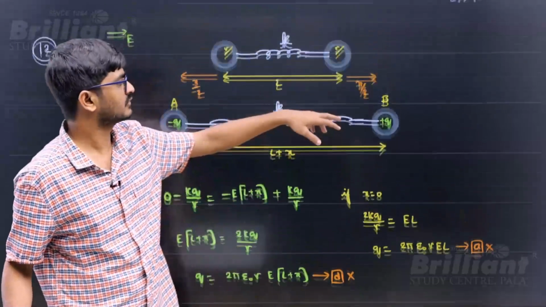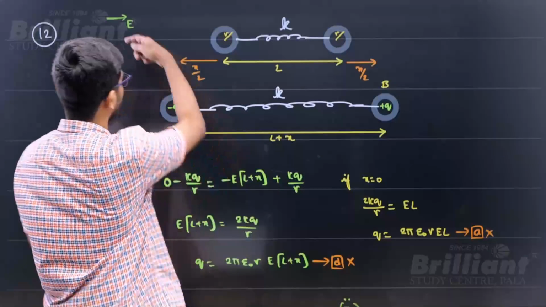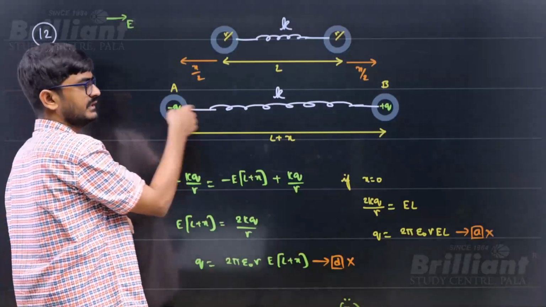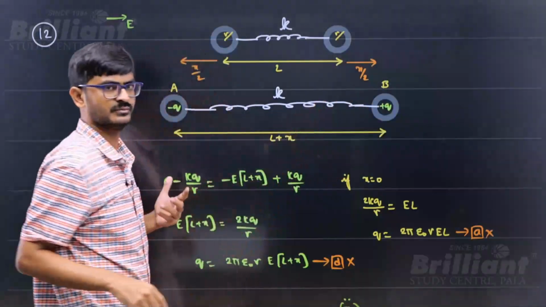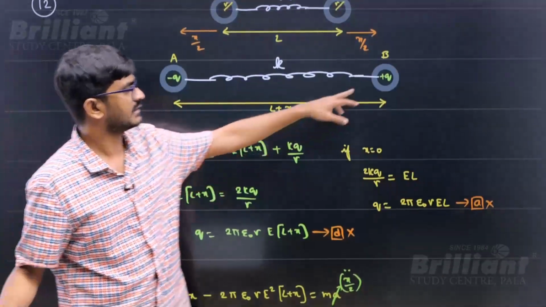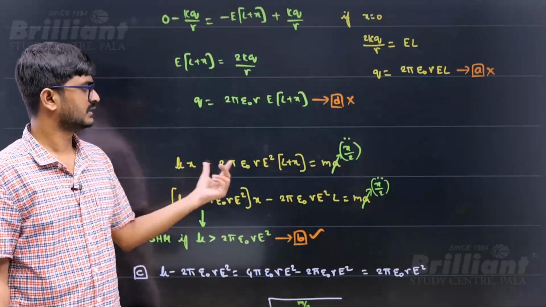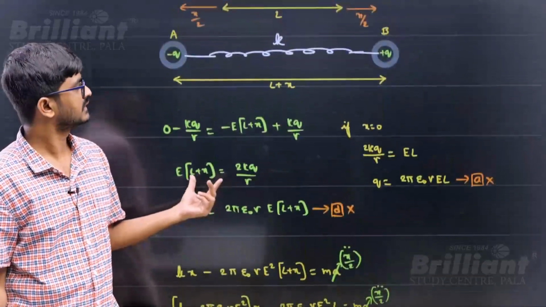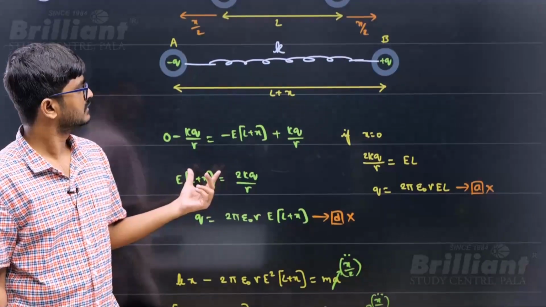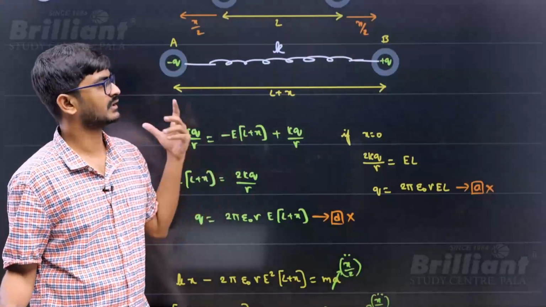Now the good thing about the question is the net force is going to be 0, spring force is going to be internal force, and electrostatic force on this guy will be q into E and q into E. So center of mass won't be moving. Anyway, that has nothing much to do with the question. Now if I write what is the net force acting on any one guy, net force acting on any one guy will be spring force and electrostatic force, right? I mean, you don't have to bother about force between these two because L is large, they said. So now you need to bother about